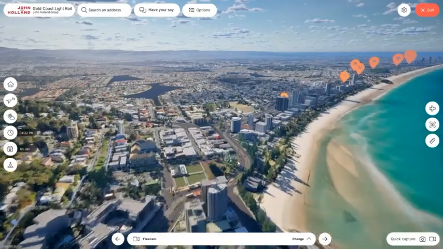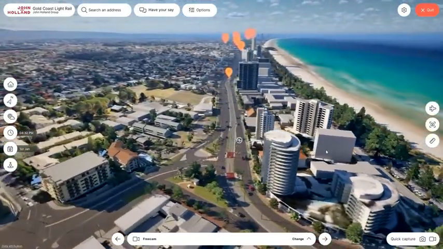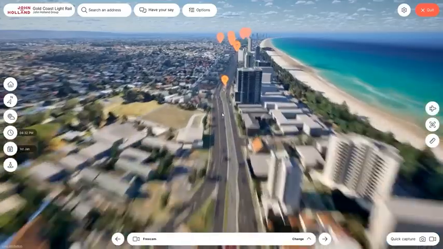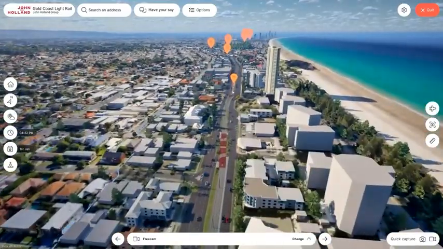So let's look at the art of the possible. We've got a tram station here where we can see all the locations of the tram stations in the surrounding area. We've added some animations of vehicles travelling around. You can navigate, you can zoom in,